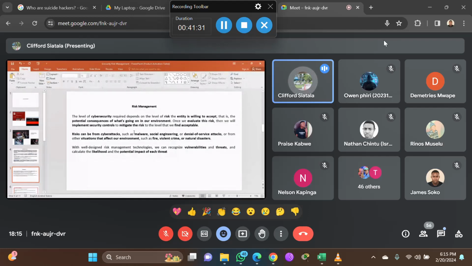Okay, so once we evaluate these risks, because it could be many, then we implement security controls to mitigate the risks to the level that we find acceptable, or to the level